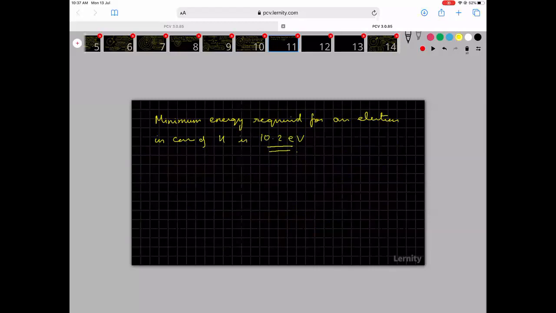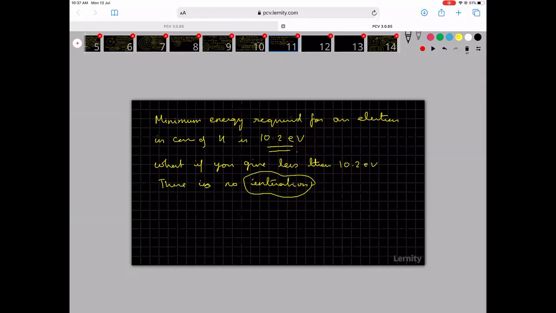If you give less than 10.2, there is no interaction. This is one of the points which Einstein made. So he got his Nobel Prize primarily because of all these things. Prior to this, people said,